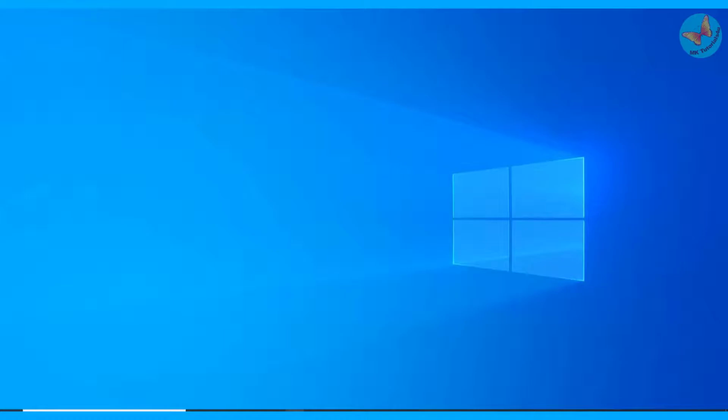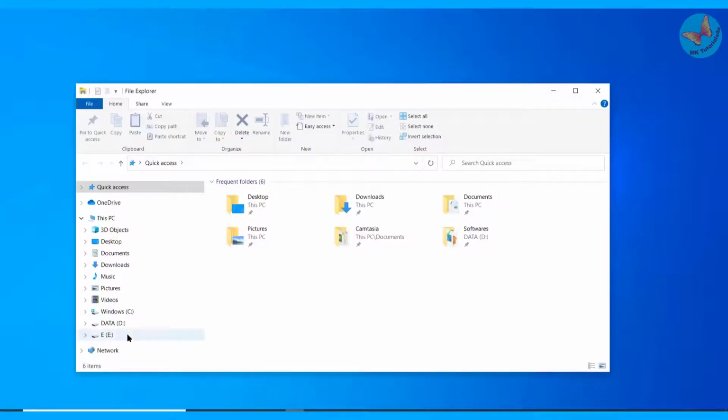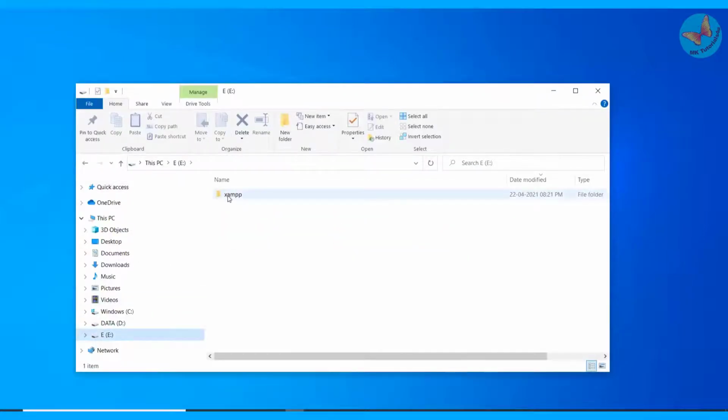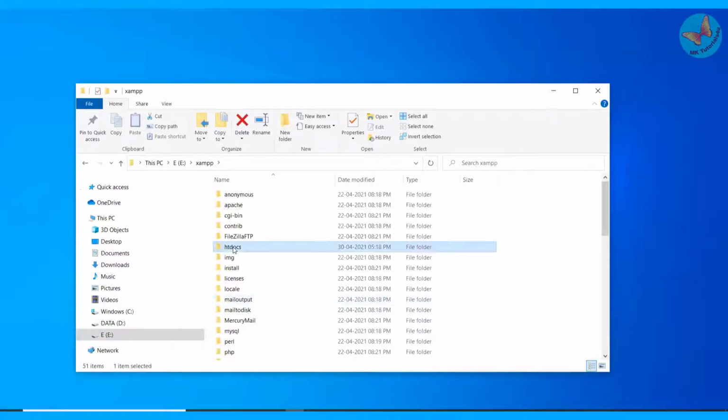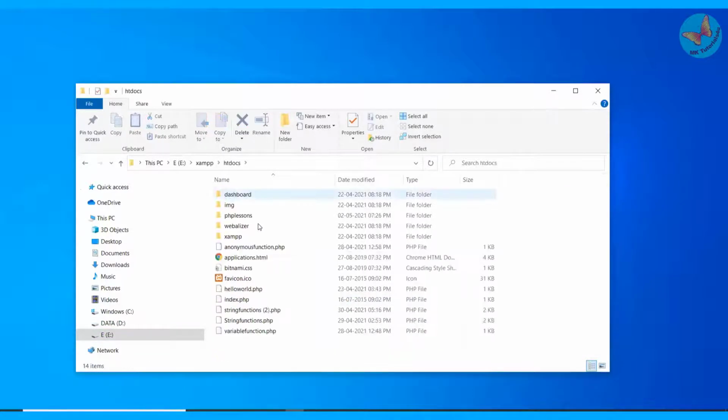I have installed my XAMPP in my E drive, isn't it? Within the XAMPP, I go to htdocs, and within htdocs, I go to my PHP lessons folder. What I'm going to do here is install my mPDF folder here.